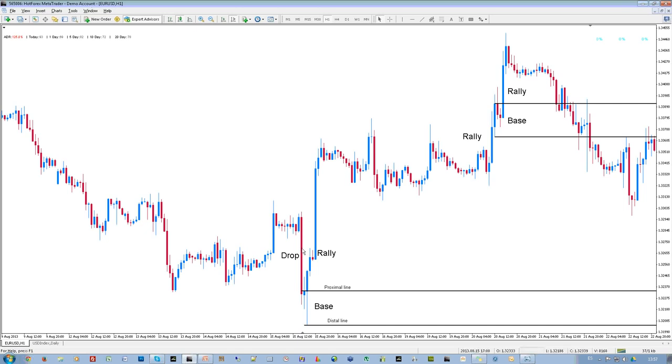This is the euro-dollar. So we have a first leg here. Let's draw some demand levels because now it's bullish, this area. So this is a drop, this is a base, and this is a rally. What we do is we draw a vertical line on the impulsion, on the drop, and then we draw another vertical line